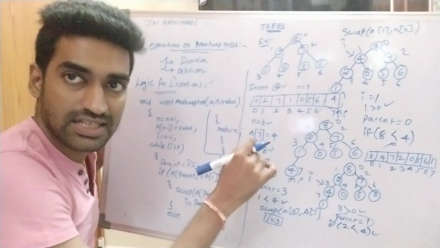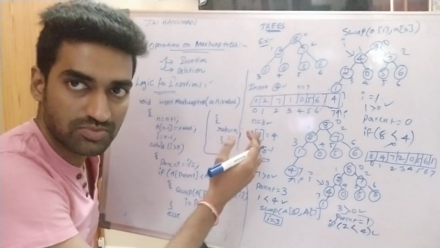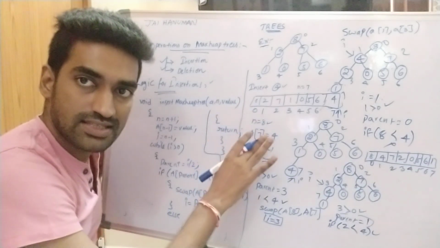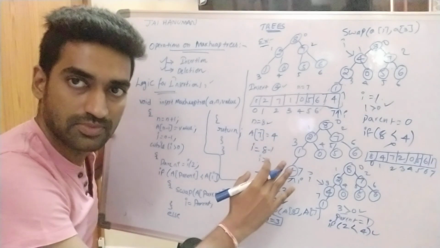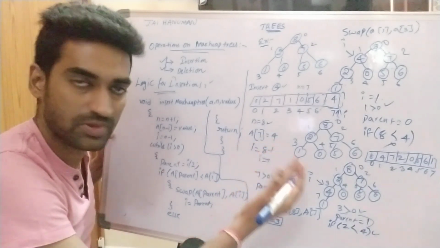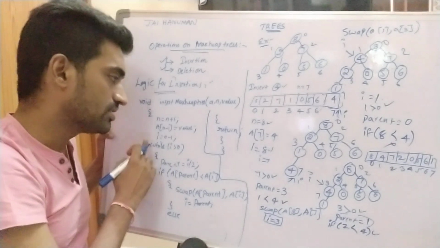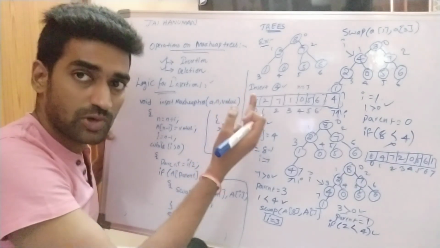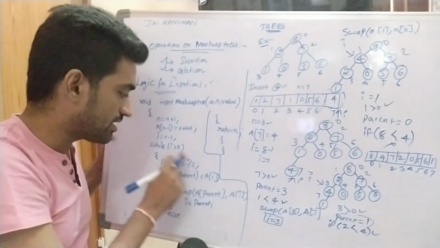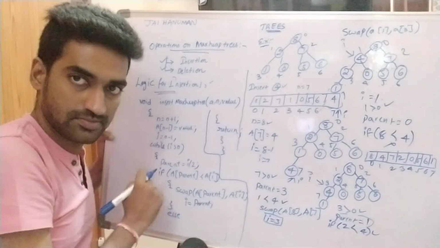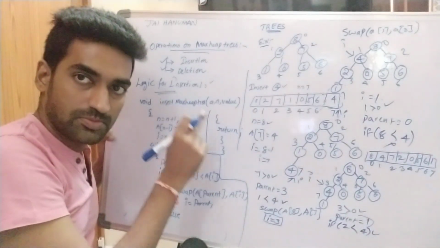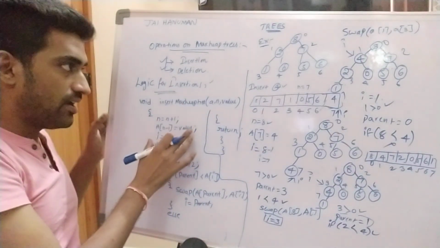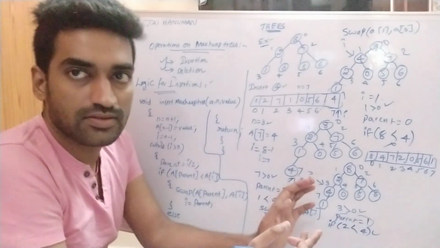So once we insert an element into the max heap tree, we check whether the array satisfies the max heap tree property or not. Once the max heap property is satisfied, there is no problem; this condition fails and we directly return the result. If the max heap tree property is not satisfied by the tree, we execute this process until that property is satisfied. So this is the simple logic for insertion in a max heap tree.